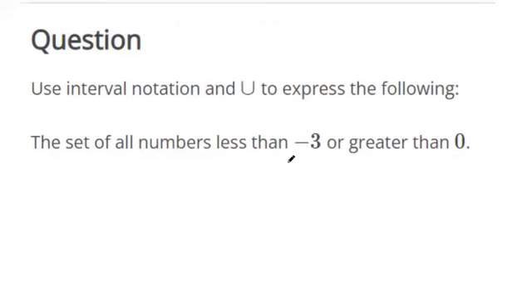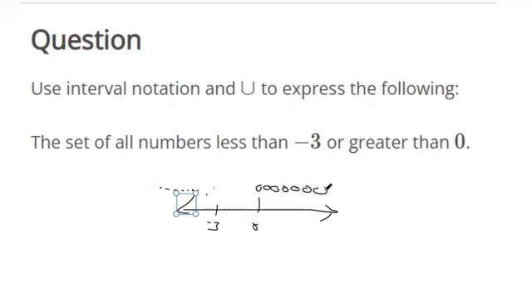Set of all numbers less than -3. So real quick, here's -3. And here I'll put dots when we're less than -3. Greater than 0, I'll use open circles for that. This is where we're greater than 0. And the key word here is or. It doesn't have to meet both the criteria. It could be either over here or over here. So we have to have two separate